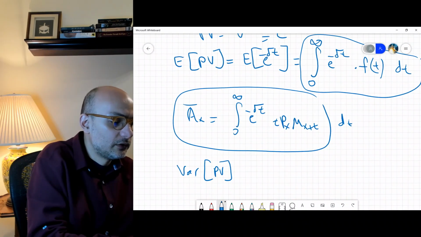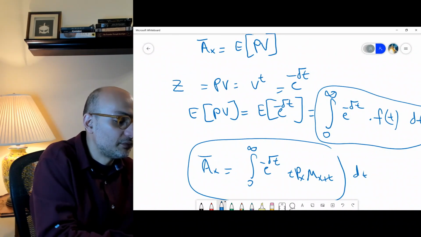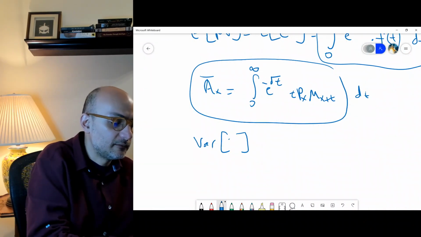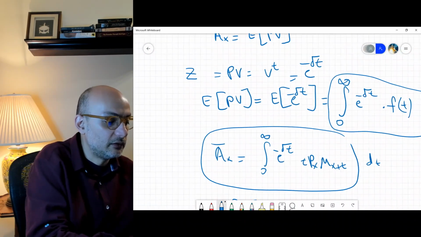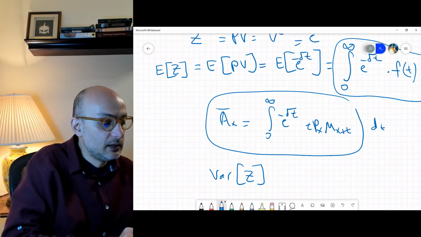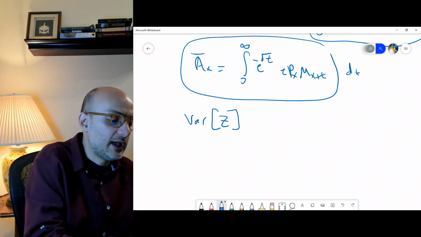So we need to calculate the variance of the present value. Usually we call this present value by another term, Z. So the variance of this payment, Z is the payment, you can also write it as the expected value of Z, another term just to simplify a little bit. The variance of the whole life insurance payment, we need to calculate it. Remember, it's the same logic. This one is A X bar minus